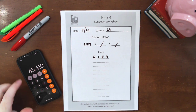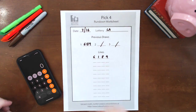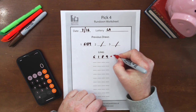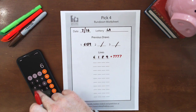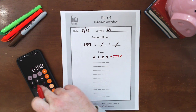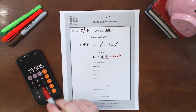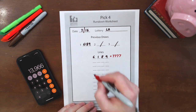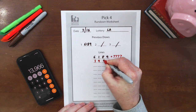And then we'll blank out our calculator, so we're starting from 0. Very important if you're doing multiple rundowns, otherwise you start getting the wrong results. And then we'll add 7777 to that. So 6,189 plus 7,777 gives us 13,966. We only need the last 4 numbers there, so we'll take that 3966